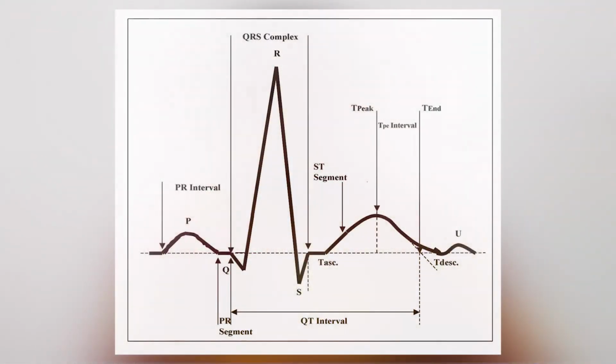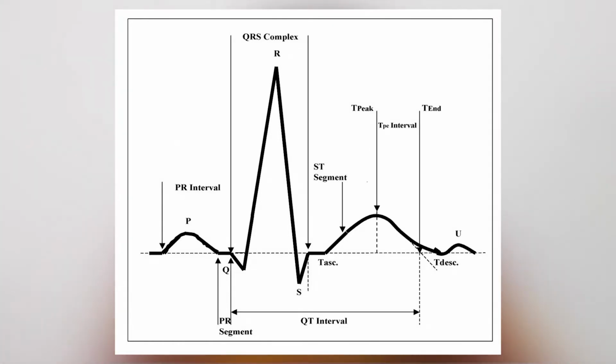Now, observing that picture, we can discuss the waves. First comes the P wave. It is the first deflection of the ECG, which is small, smooth and rounded. That is a P wave. Observe the paper diagram. Then Q wave. All the 3 waves of